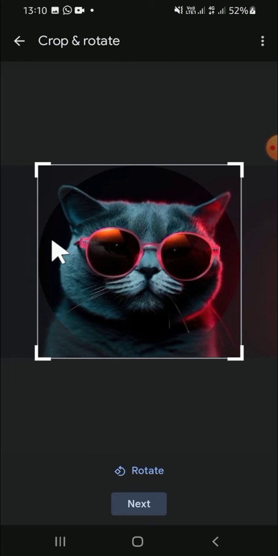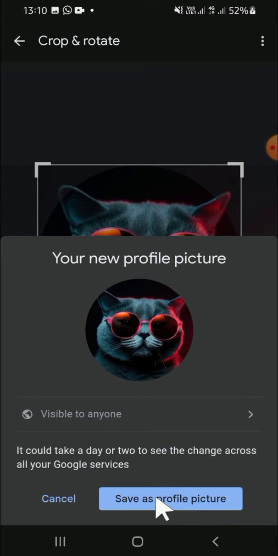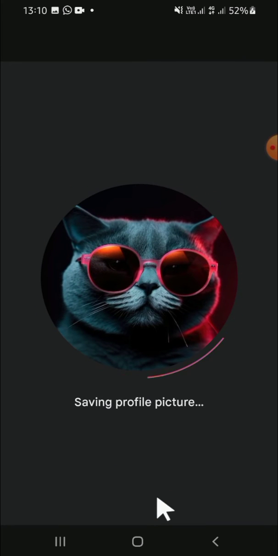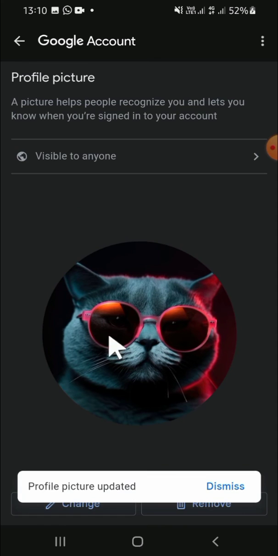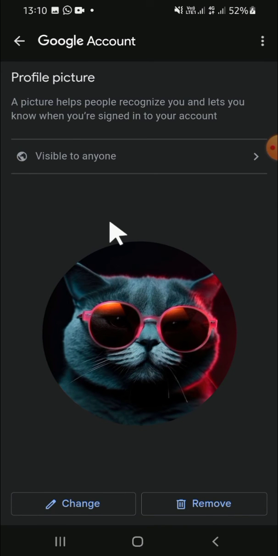Okay, and we can crop or rotate, but if you want to skip this step, you just need to click on the next button right here and click on save as profile picture. Okay, and wait. Okay guys, and now the profile picture has been updated, and that's how we can change